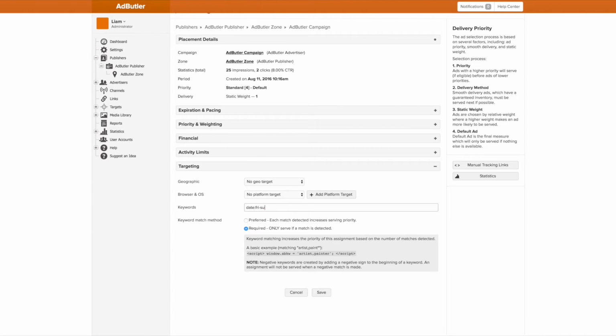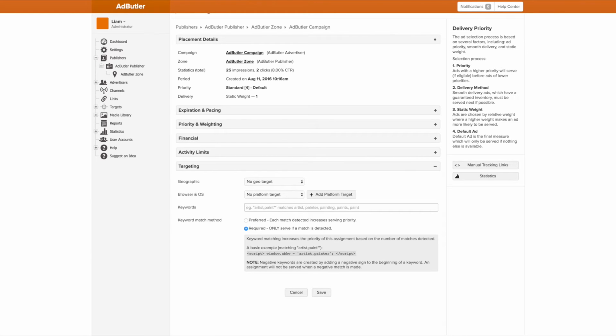Finally, the last macro we have is publisher ID targeting, a very specific use case. If you have one campaign assigned to a channel and you want to exclude the campaign from one publisher in that channel, I know we're getting deep here, we can exclude their publisher ID. You can find their publisher ID by opening up the publisher and looking in the URL for that page.